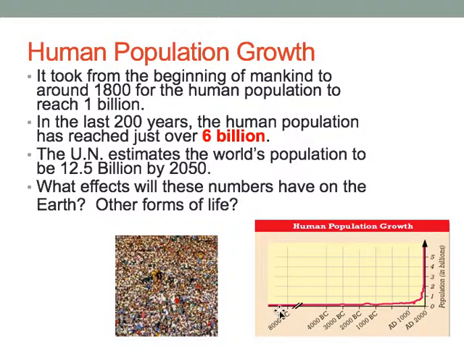So human population growth, like we said, is exponentially growing at this point. It did take a very, very long time for us to actually reach 1 billion people. And then after that, it just grew exponentially since then. What do you think happened between here and here? Well, we did have the Industrial Revolution, so we have much better healthcare. We have much better technologies. And so people are surviving a lot longer and not dying of disease and other factors as we become a